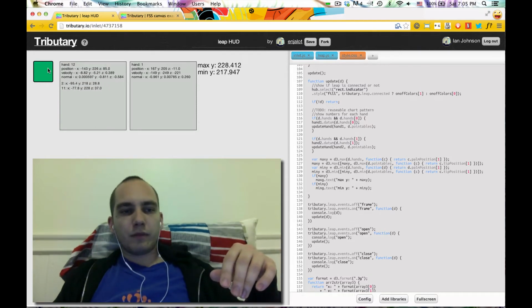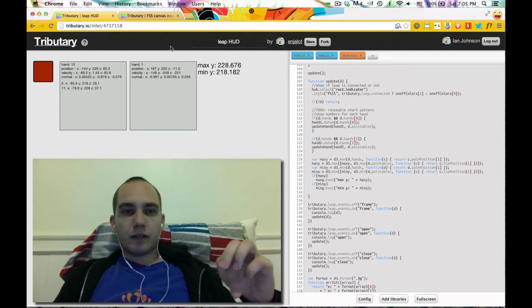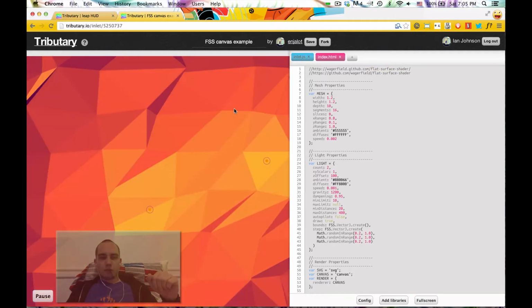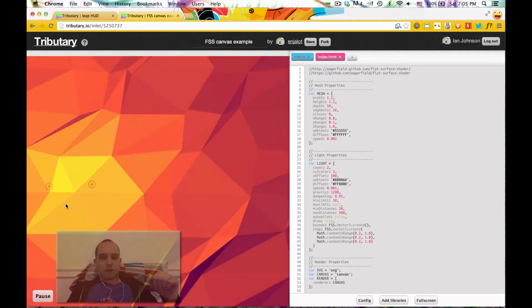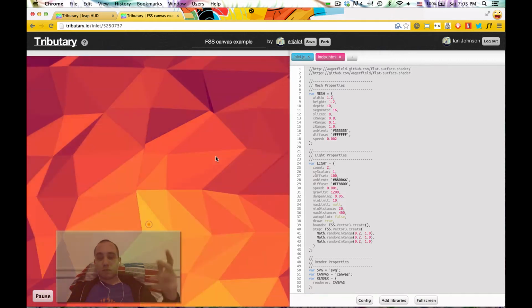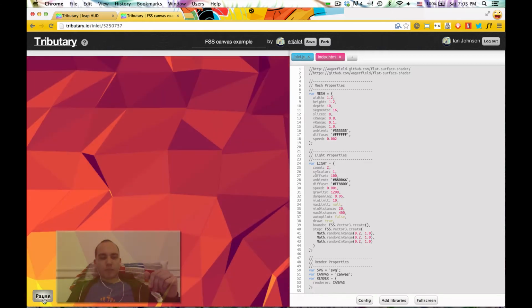Now what I want to do for today's tributary is take this other example that I've got, which is this excellent project from a couple guys here. You can see the link. It's called Flat Surface Shader, and if you play it, it allows you to do this lighting on these canvas elements, and it's pretty fast, and it looks sweet. Cool demo. They have this GitHub repo, so it's open source. They have some examples. I wanted to play with it, so I pulled their main example into Tributary, and